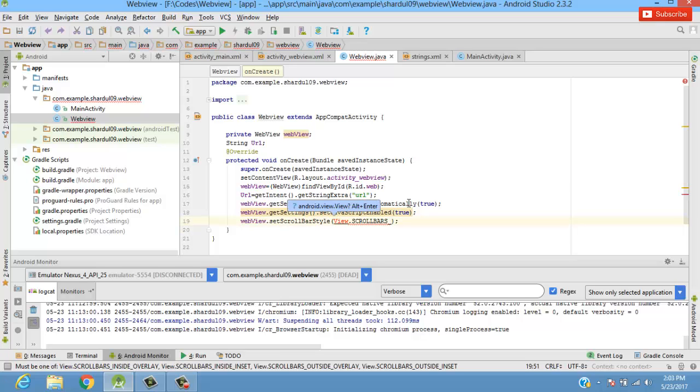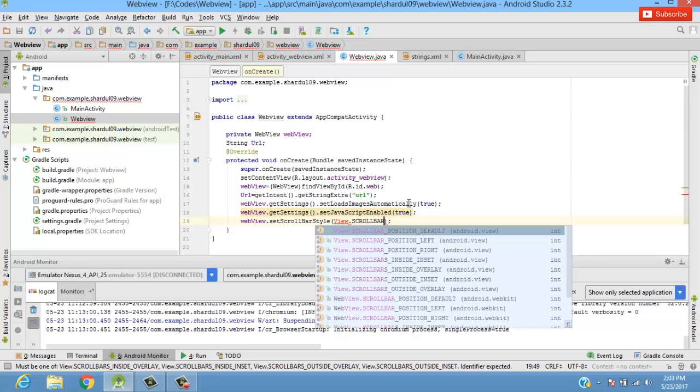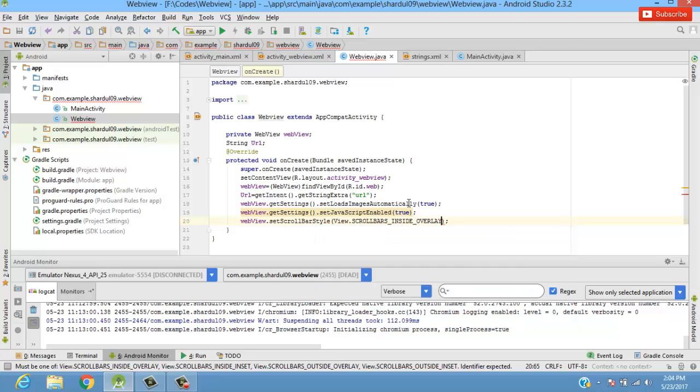Oops, it didn't come. What's happening? Let me type it again. It says scroll bar. Is the spelling right? Okay, yeah, scroll bar inside overlay. Fine. So here we can see our scroll bar view has been set, and now we'll say as web view